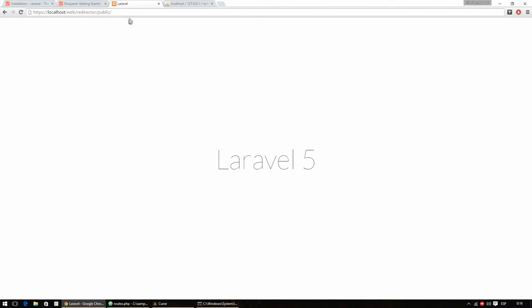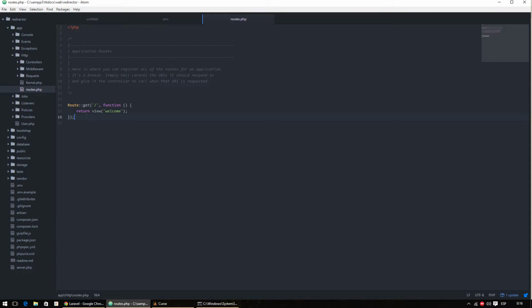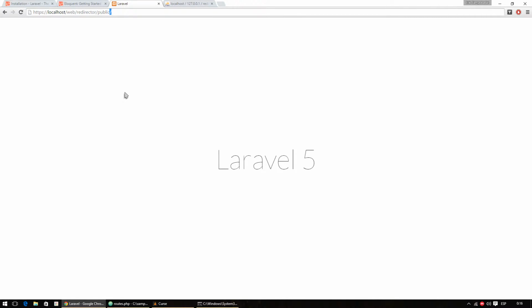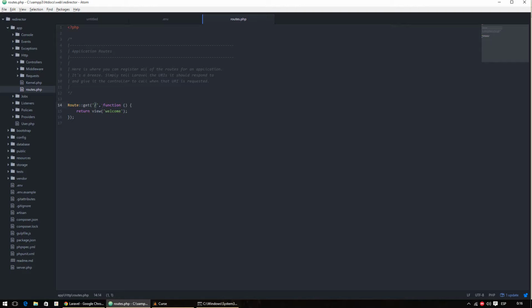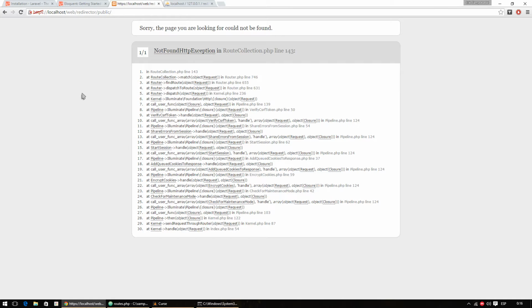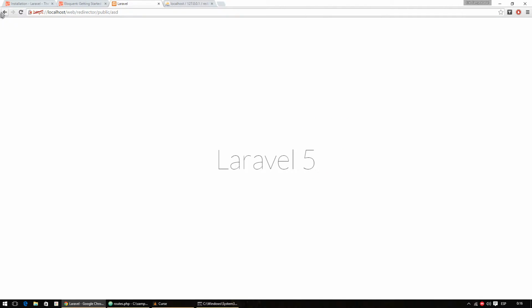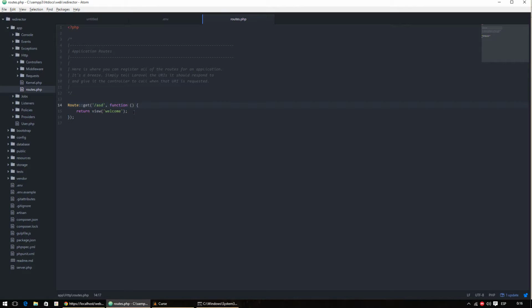We are now in the public folder, and this slash is wherever it's going to show when we are at the root of our application. If we set it to anything else, the slash will not do anything, nor will what we just typed. So this is how routing works,